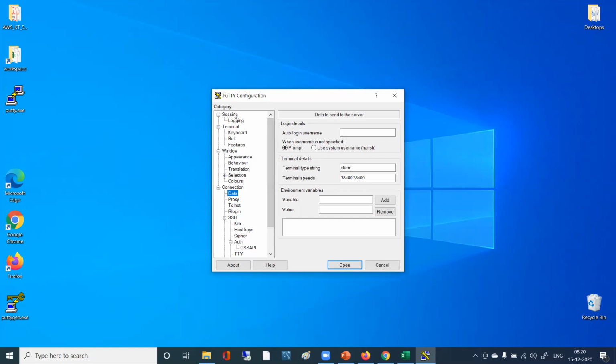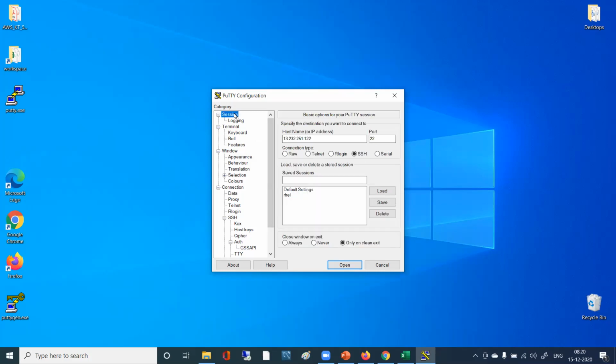So I'll just show you all this. You go to this session, right? In this session you have your IP address. So you want to save this session for now, right? So what you can do here, you can simply say Red Hat hyphen some DEC, whatever name you wish, you can just put it. So with this name, you just type some name, with your IP address also there for now, and then you have that key and everything is there. You just click on save. Once you click on save, what happens? That comes as your profile.